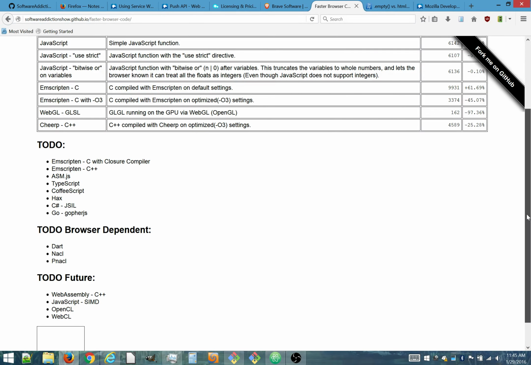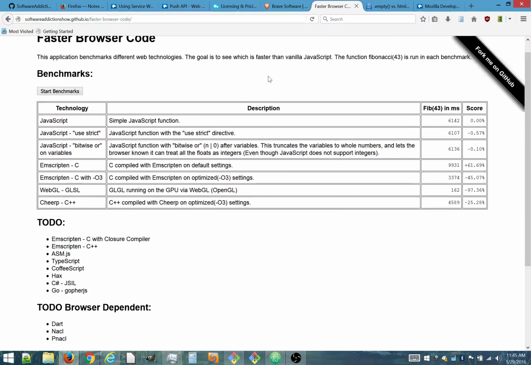But I picked a few of those out of there, and I made basically a simple Fibonacci function, which I have in JavaScript, a couple different versions. There's an Emscripten C version, and then an Emscripten C again with fully optimized compiler settings, and its competitor Cheerp C++, fully optimized, and then something a lot of people haven't been using, but it's called